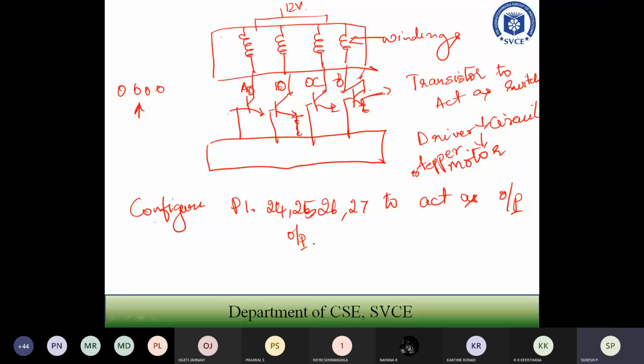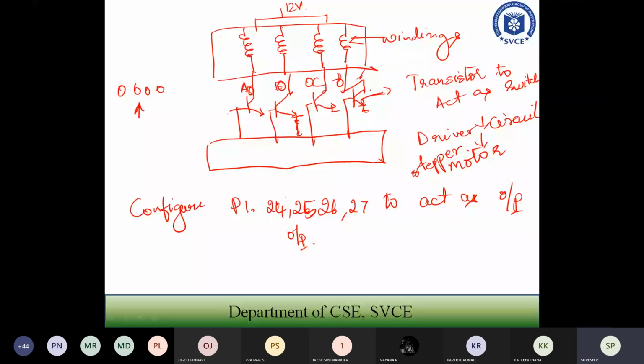Now, to energize the coil, whenever current flows through the coil, as I told you, a magnetic field will be generated. That magnetic field in turn generates torque.